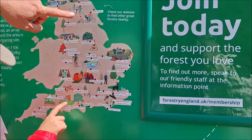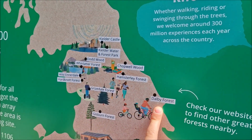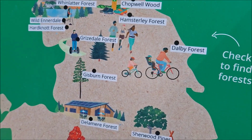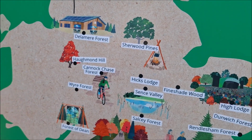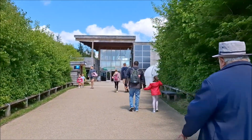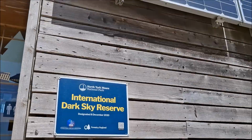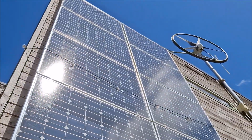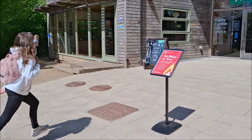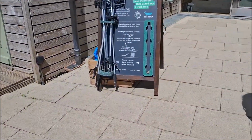There you go, and we're here, Dalby Forest. Oh, you're here. In the castle, look. Look at this. Oh wow, solar panels. Yeah, massive solar panels. Here you go. So if you love the forest,